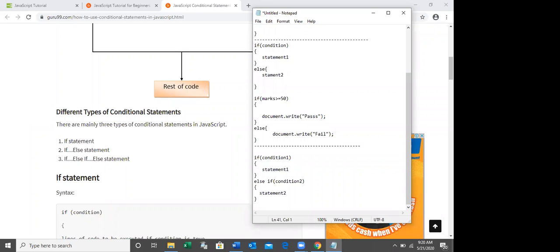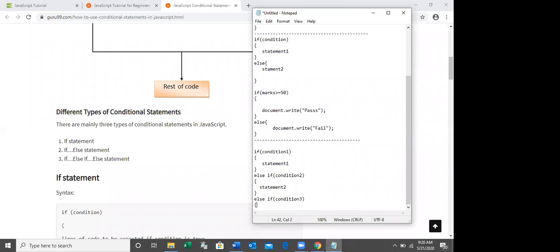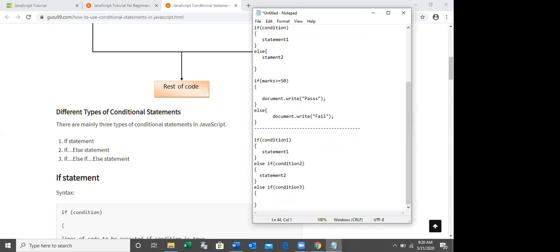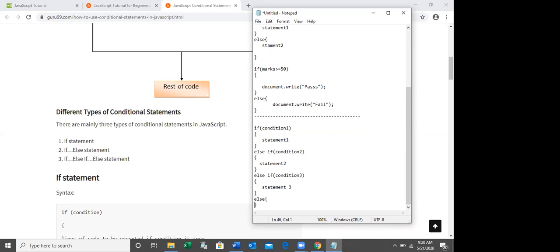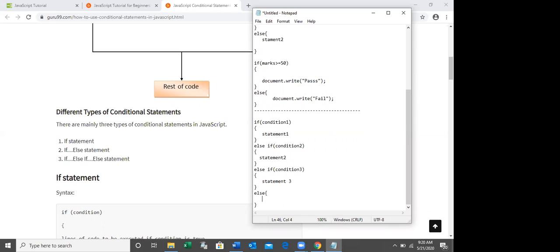If condition 2 also fails, again I am going to check another condition: else if condition 3, statement 3. Again, if the third condition is false, I am not going to check any other condition. I'm going to execute another statement directly.